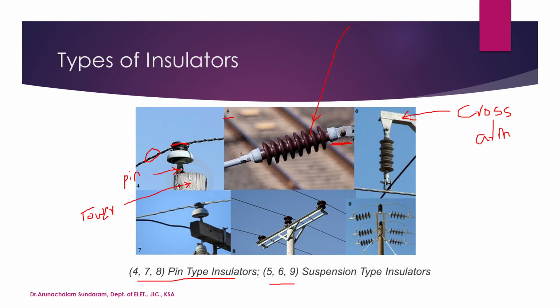This is the conductor, hanging from the cross arm, the insulator is hanging. See, this is not connected, it is just going through, hanging. So here the conductor is hanging, but here the conductor is connected to the top. So the mechanical stress here will be more. In a pin type insulator, the mechanical stress will be more, but in a suspension type, because the conductor is not directly connected, it is just going through, hanging, the mechanical stress will be less. So these are all different pictures I collected from the internet for you.